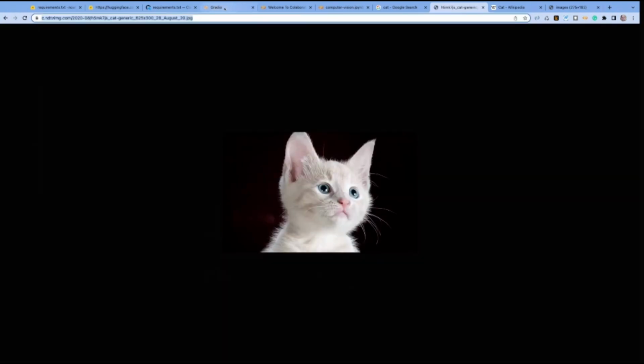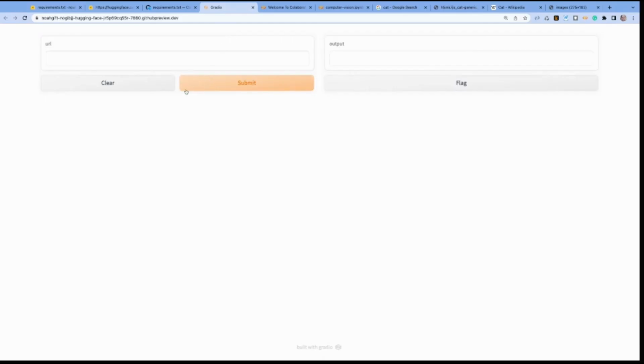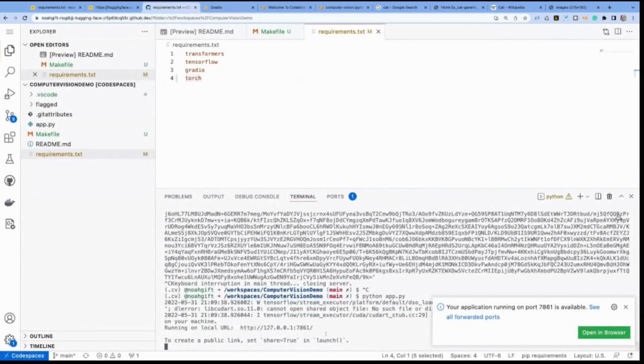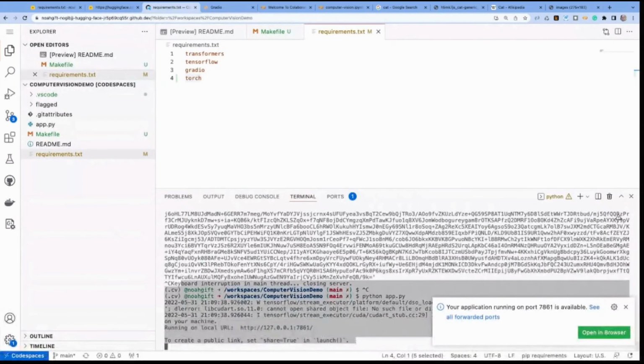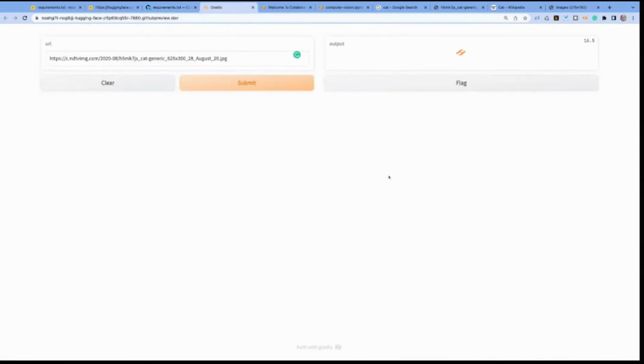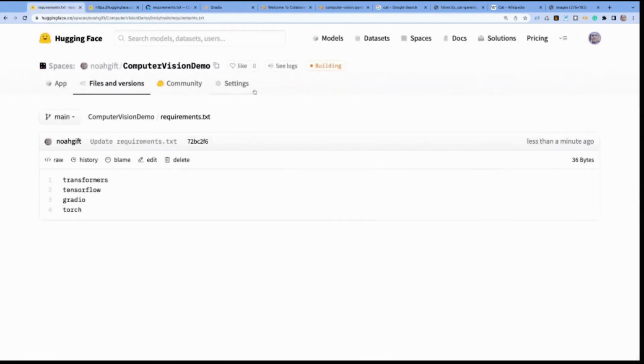Okay, let's go to our demo app here, and we'll paste this in. And if I look at the output, you can see it looks like it's behaving the way I would expect, right? I don't see any errors. Don't know why it's taking so long either, though. But what we could do at this point is abandon ship for a second